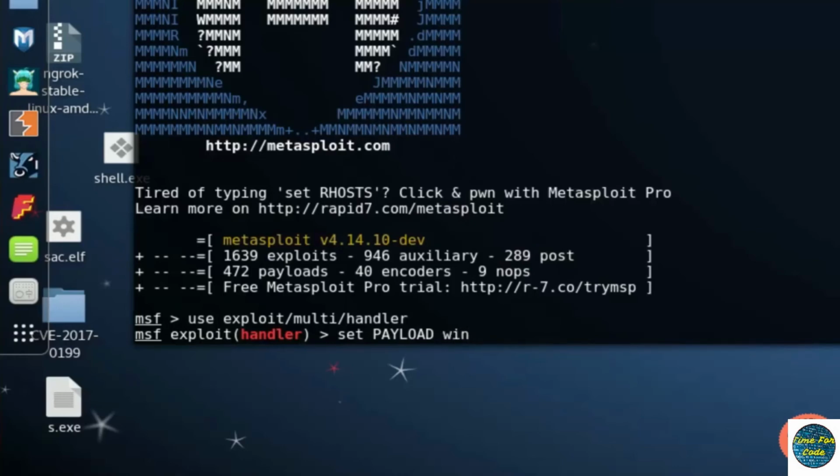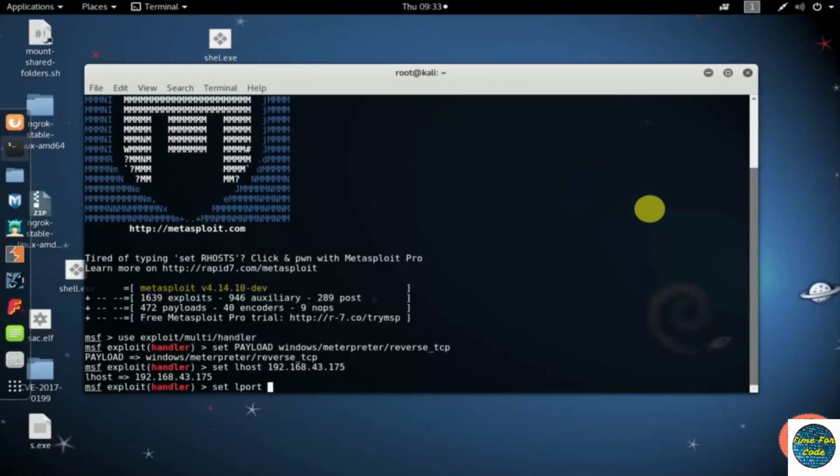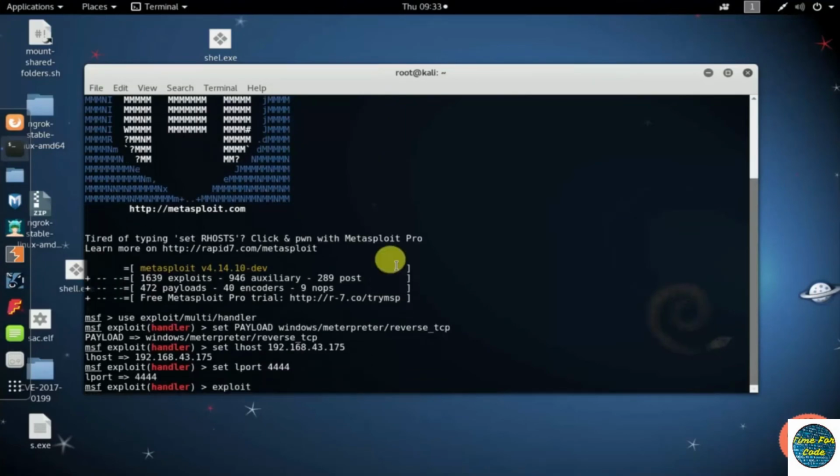Windows/meterpreter/TCP. So this module is used for exploiting Windows. And setting up the LHOST, that is your IP address, and setting up the LPORT. At last, exploit,